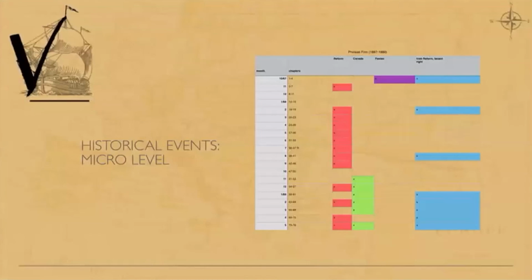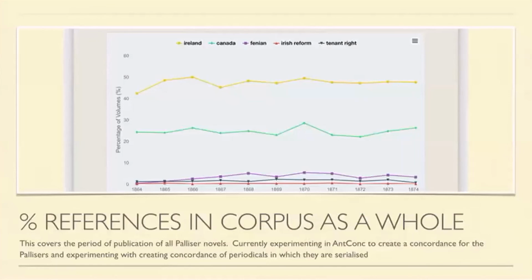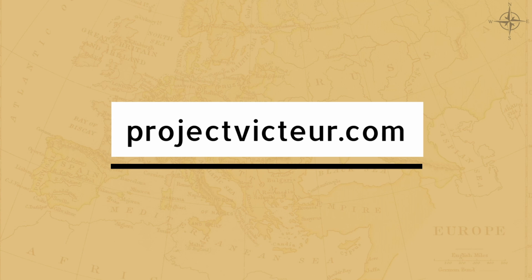So that table there is one that I produced about 5 years ago when I started working on Trollope, okay? And it's very crude, and it's very specific to the references within that one novel. This is what I'm getting from Curatr for the period over which the Palliser novels are produced. I'm experimenting at the moment with creating a concordance for the Pallisers and then a concordance of the periodicals in which they are serialized,